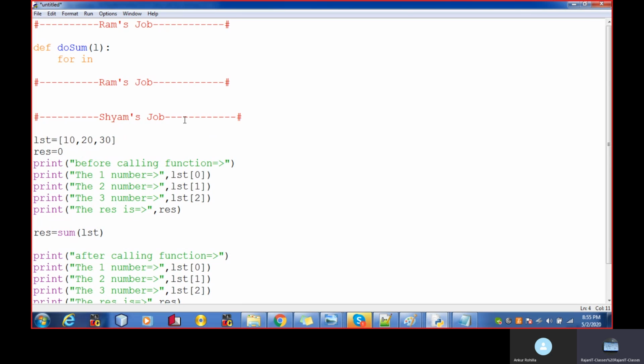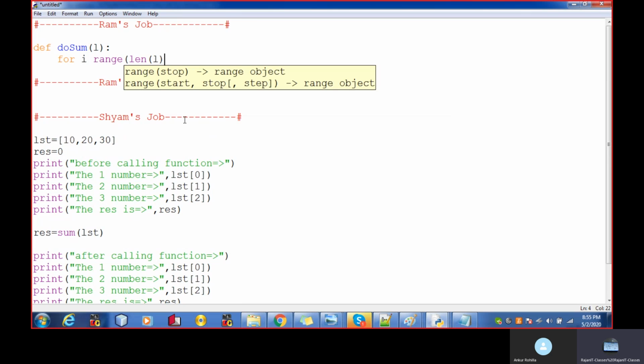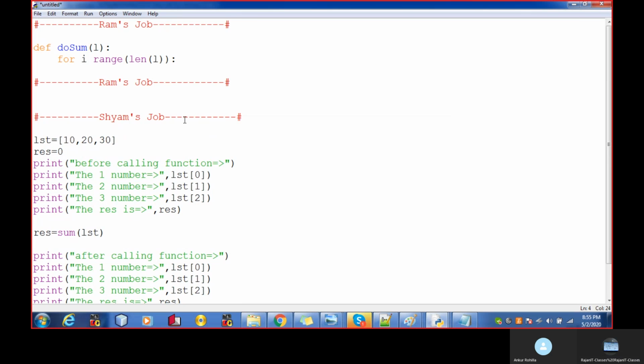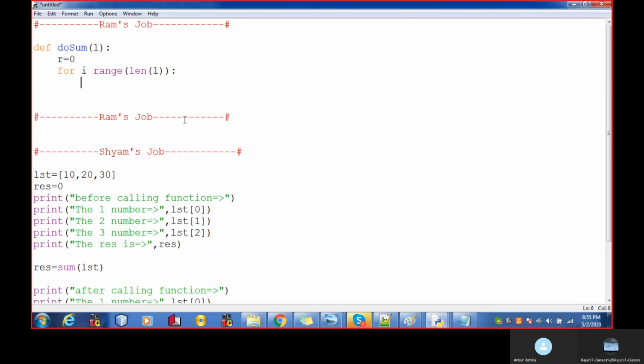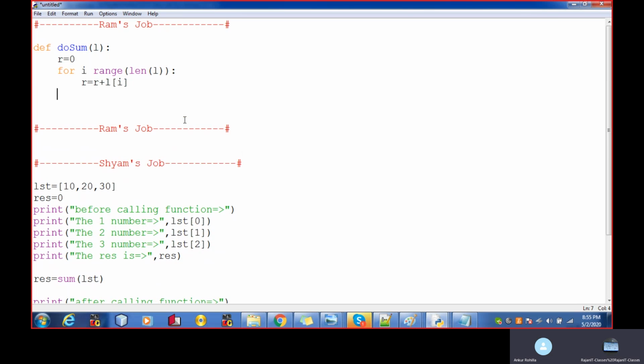For I in range length L, using R is equal to 0, R plus L I, and returning the result. Any doubt so far?